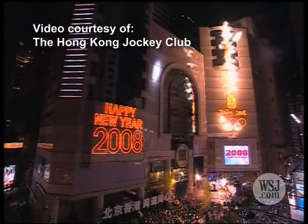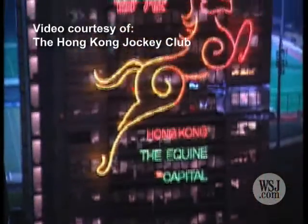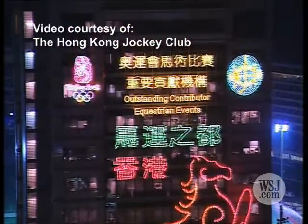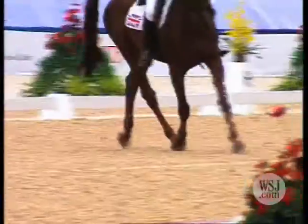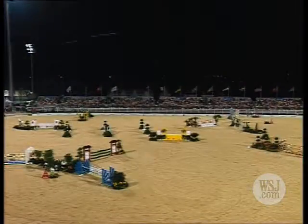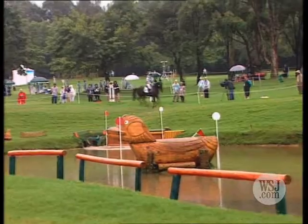Hong Kong is hosting the equestrian events for this summer's Beijing Olympics. While athletes in Beijing are concerned about pollution, the horses down in Hong Kong have another problem: sweltering heat. The mean maximum temperature in August reaches 88 degrees, and horses feel the heat more than humans because they're so